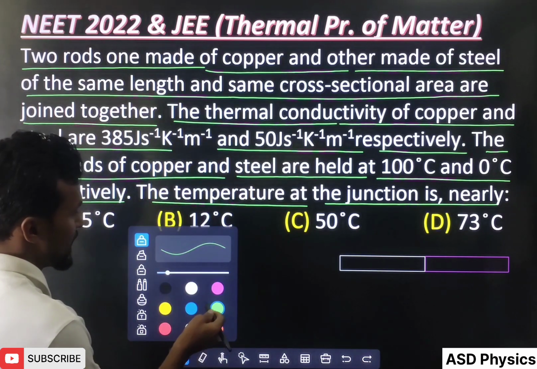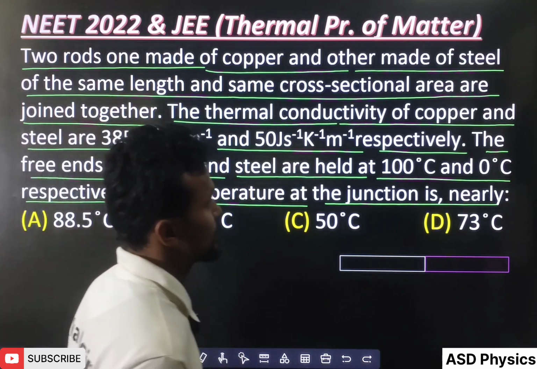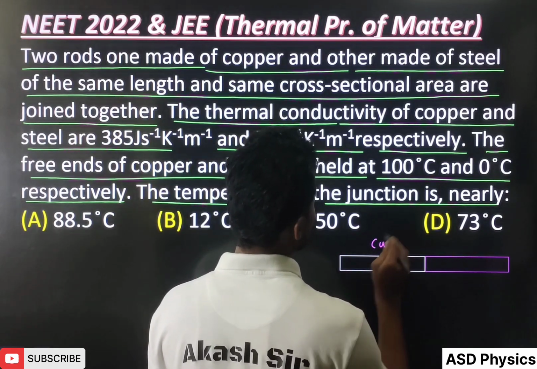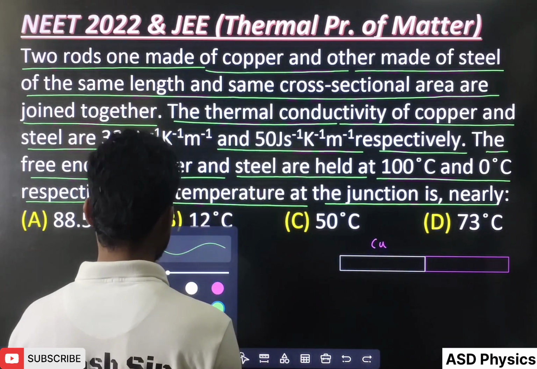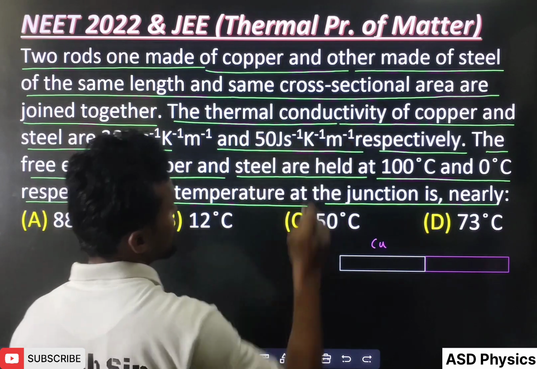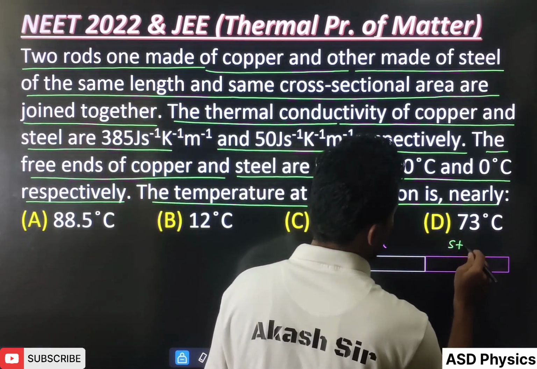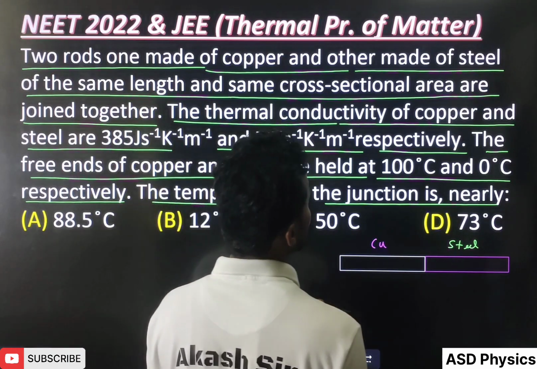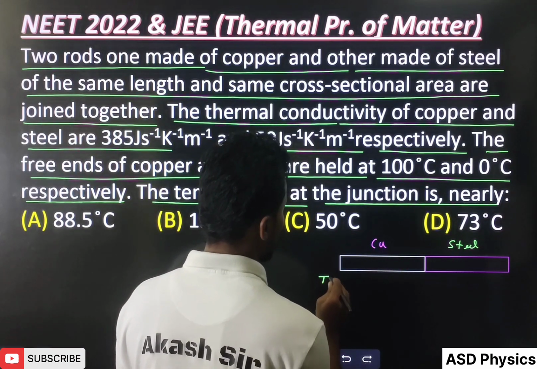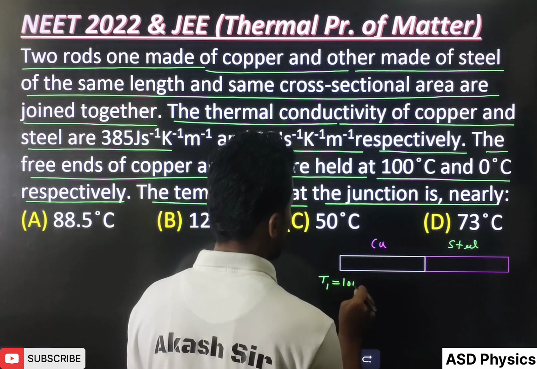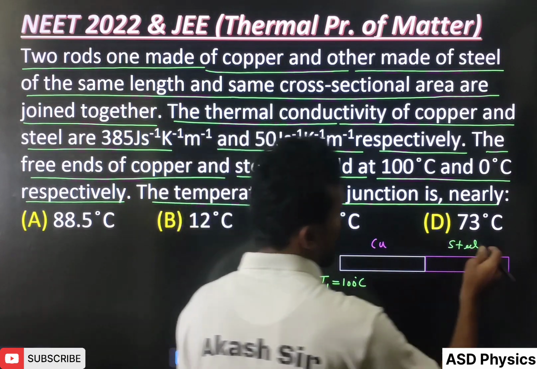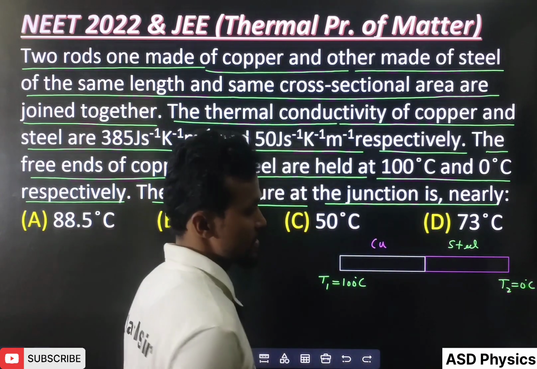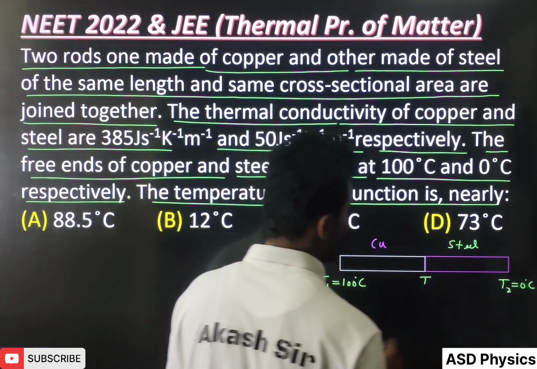So here I have taken the two rods. The first rod is copper, so let's write Cu here, and the other rod is steel, so I am writing steel. Now, one of the ends is at 100 degrees Celsius, so let's take T1 as 100 degrees Celsius. And this end, let's take T2 as 0 degrees Celsius, and the temperature of the junction is